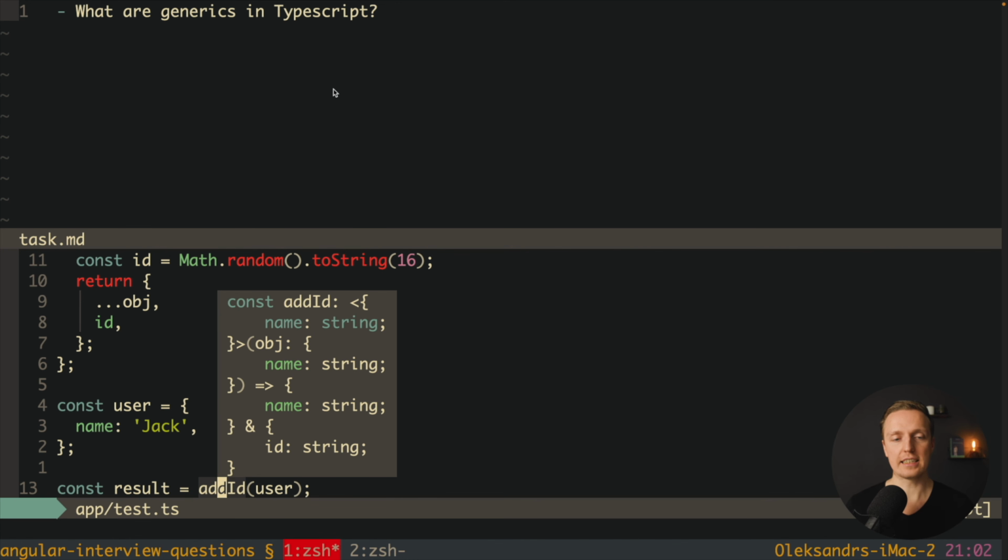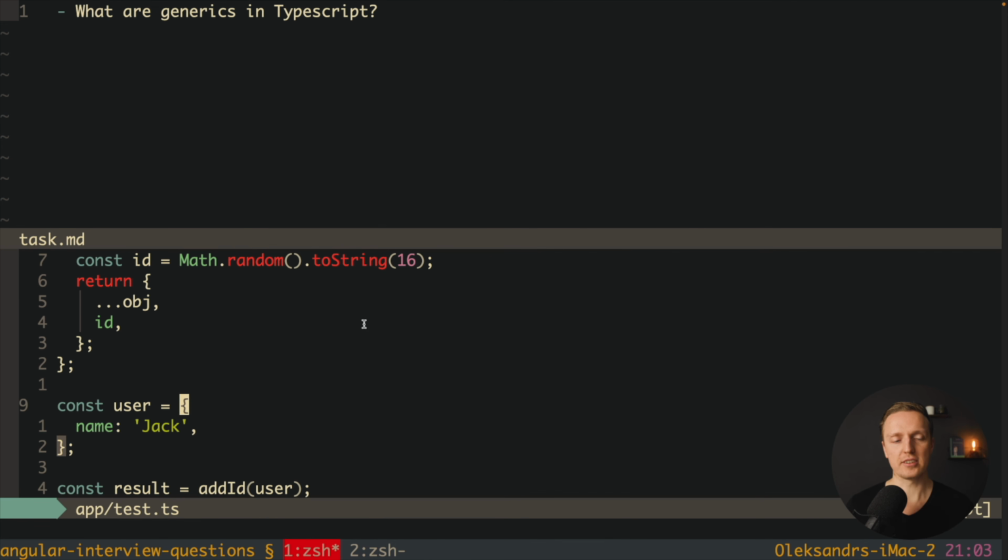Now let's have a look at our data types. I'm checking here data types and it looks completely different. Why is that? Because now we don't have any at all. So here we have the addId function, and as you can see, this is our generic. So inside T we are providing an object with name string. TypeScript understands this code, and TypeScript sees that we provided user as a first argument here.